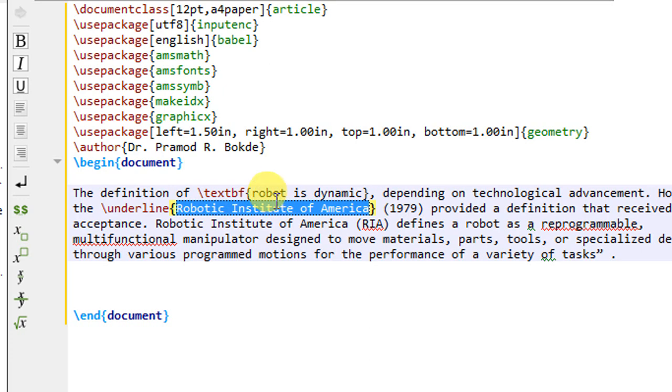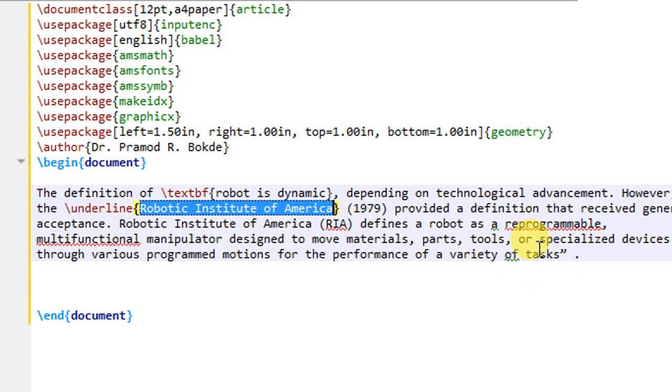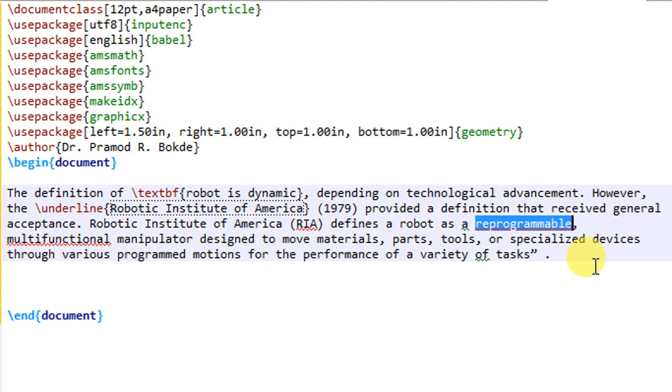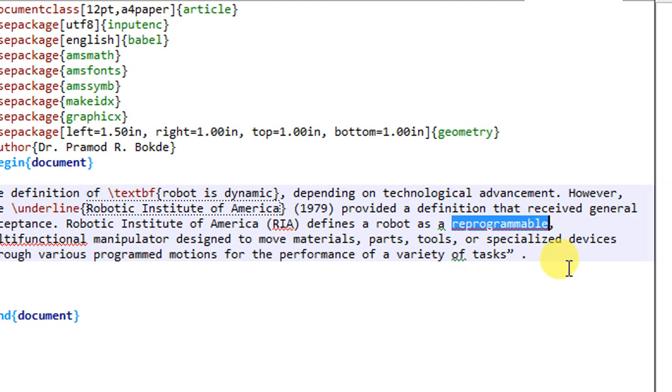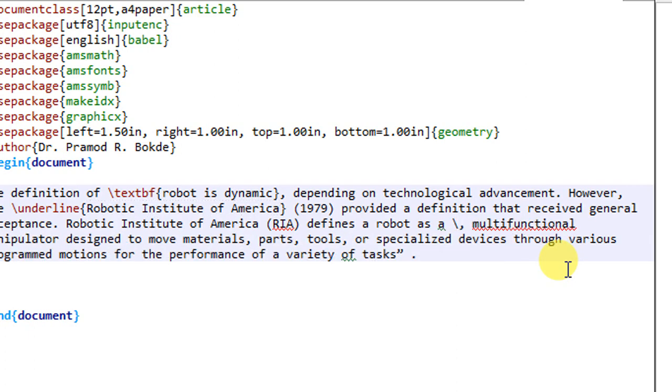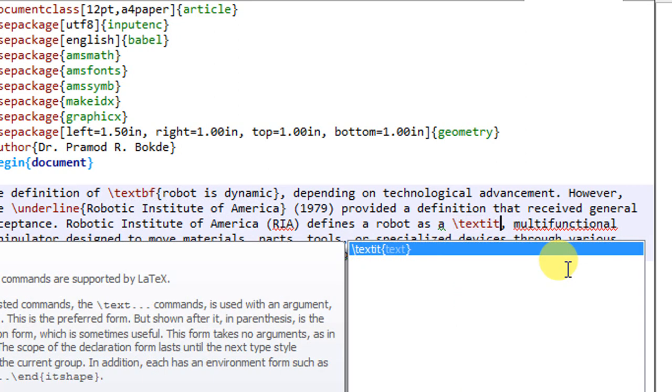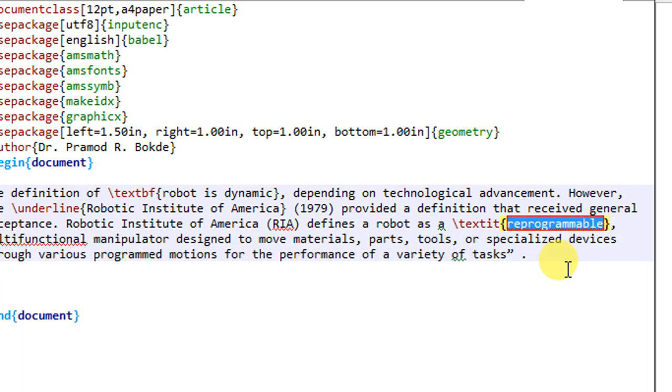So one command we have considered for boldface, another for underlining, and third I will consider text for italicizing. Suppose I select the text and write the command \textit, text italics, and press enter.